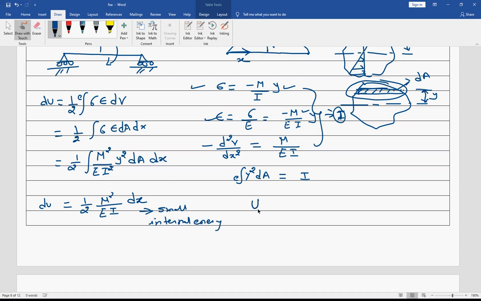And I want to get the internal energy over the element. So of course it will be integration of this. So 1 by 2, m is constant, EI, okay, integration of m is not constant, m is going to vary. So over the element dx, this is what the expression of my full internal energy is going to come.